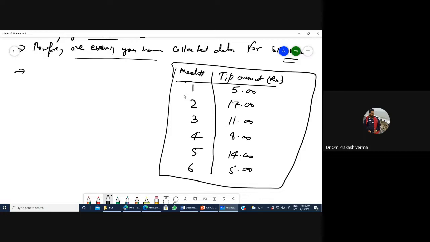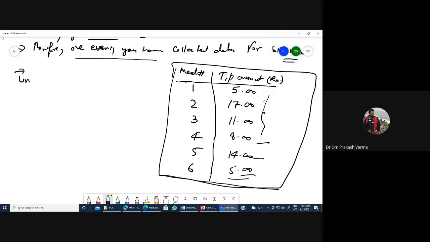But how many variables does this data have? If you see in mathematics, this data has only one variable, this one.